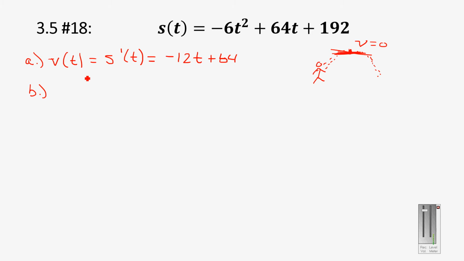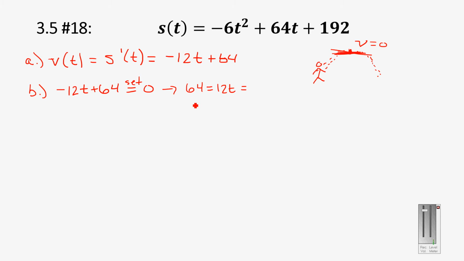So I'm going to take that velocity function, negative 12t plus 64, and set that equal to 0. In this case, I'll get 64 equals 12t. And so t equals,